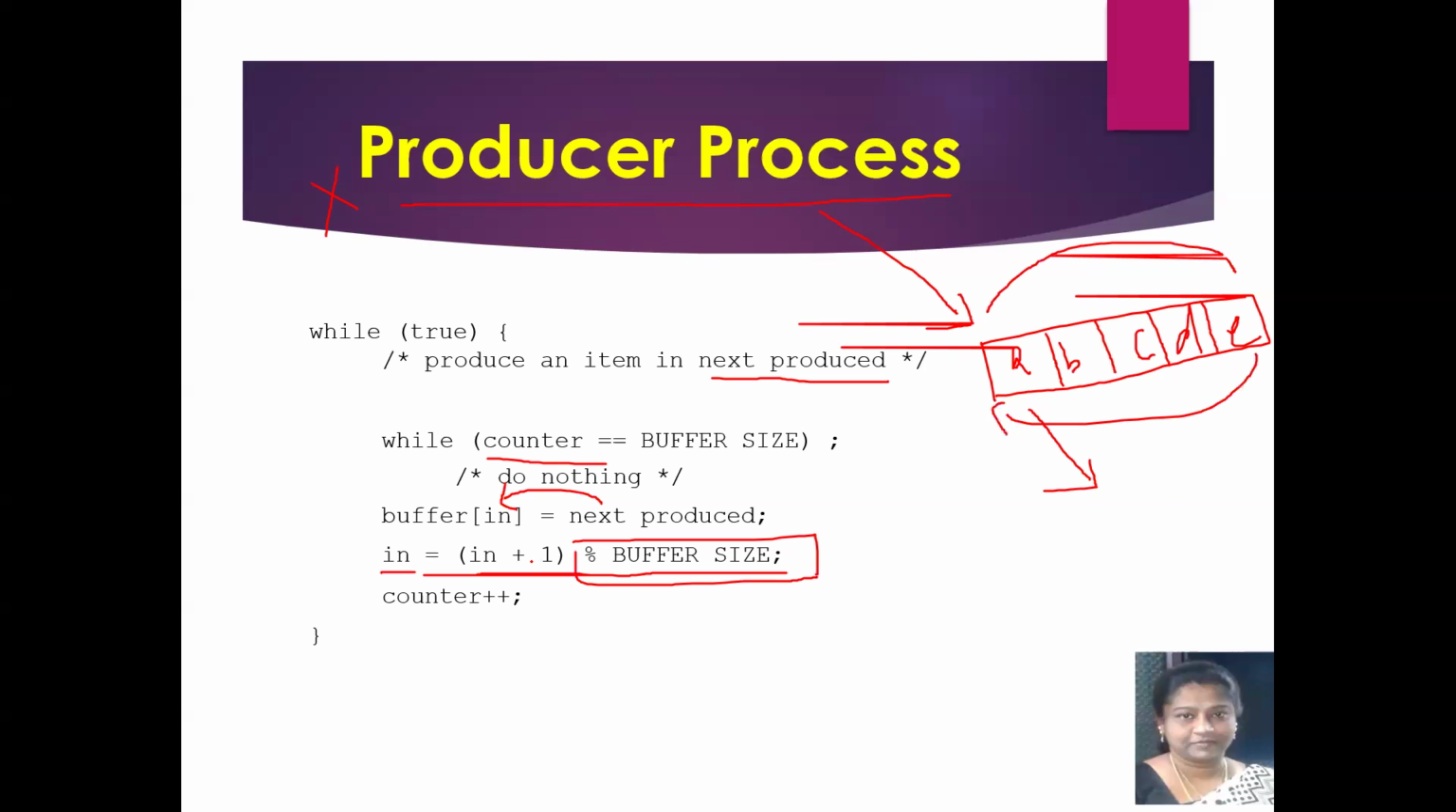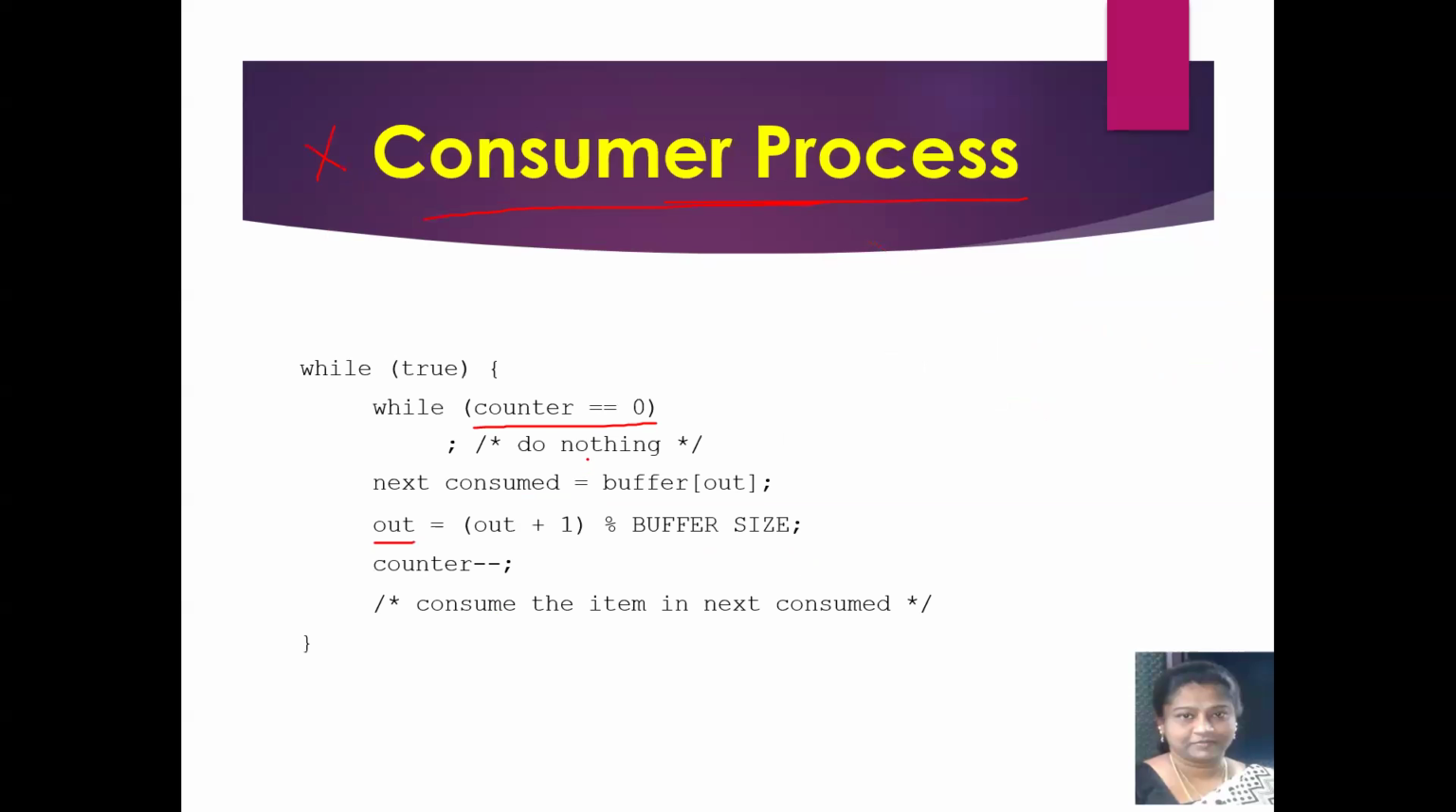And that is the reason why I say mod buffer size. So once an item is deposited and once in is incremented, I increment the value of counter. Similarly, with respect to the consumer, whenever the buffer is empty, the consumer will not consume. And from the buffer indicated by the out pointer, the item from the buffer is stored in a variable called